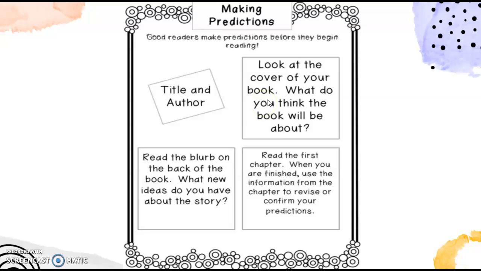We can also tell a lot by the cover of the book, the picture on the front. Usually that's what draws you into a type of book: you look at the picture and it's very appealing to you. You can relate to it. It looks like something you like. And you can usually tell a little bit what the book is going to be about. Then a lot of times on the back of a book, there's a little blurb or a summary that gives you just a short little synopsis of what the book is going to be about. After reading that, you might have some new predictions of what the book might be about. Then you can even read the first couple pages or the first chapter. And when you're finished doing that, you can use that information to revise or change your prediction.